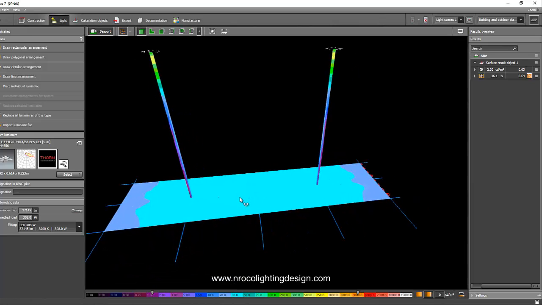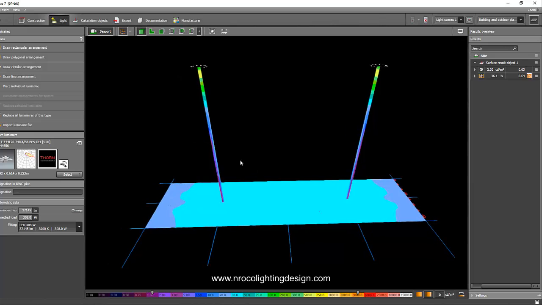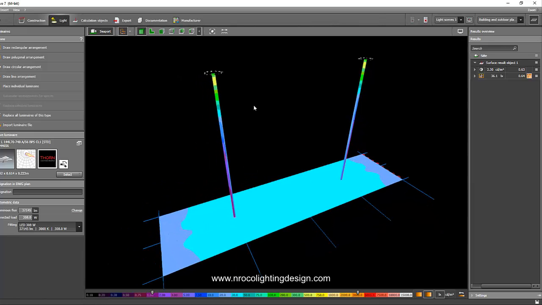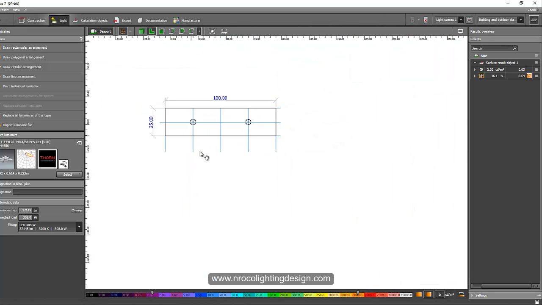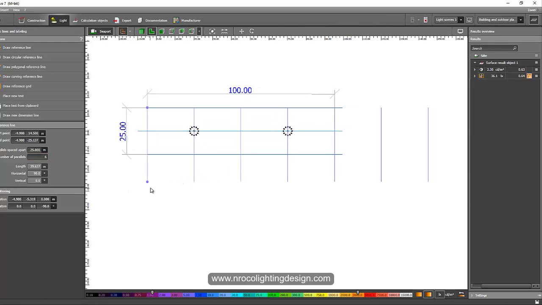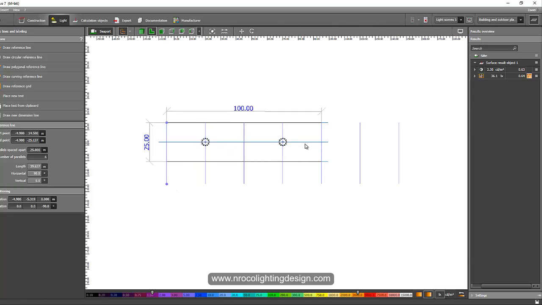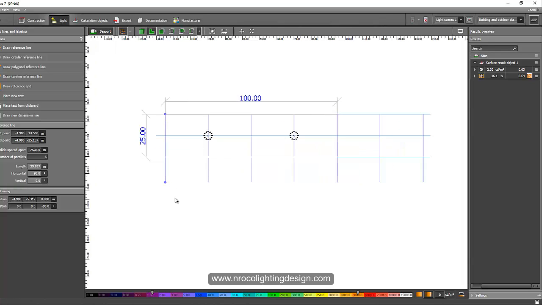It's well distributed, because if you have other fittings also on the other side, then you can find that it's very uniform. So let's go and check what if we have other luminaires on the side. So let's make it 6, and then we're going to put luminaires on the sides as well.